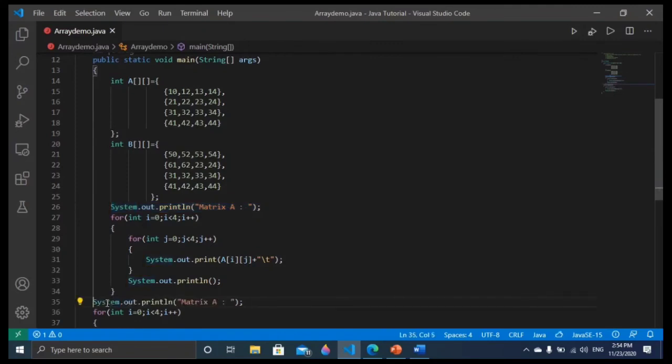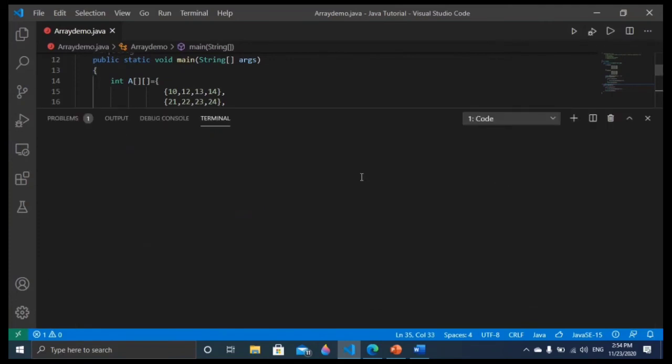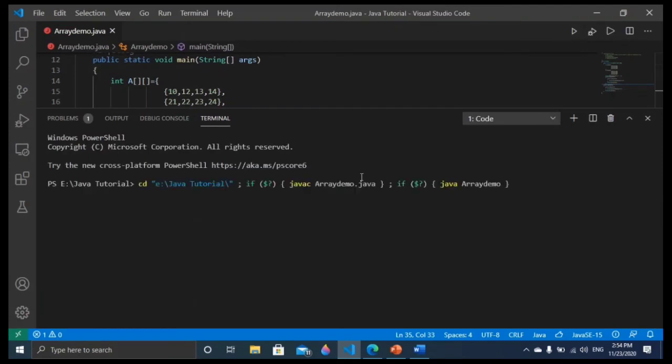Instead of A, what will be there, friends? Here will be B. And now I am going to run it, because there is no need to save, since it is saving automatically. Very good. You can see this is matrix A, this is matrix B.